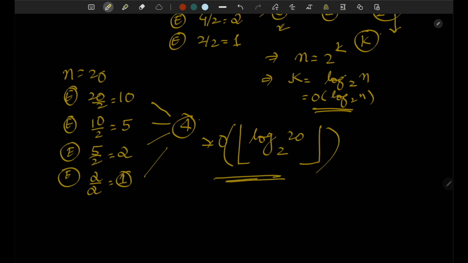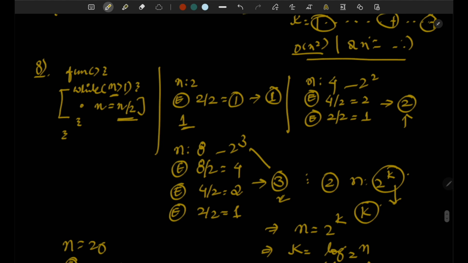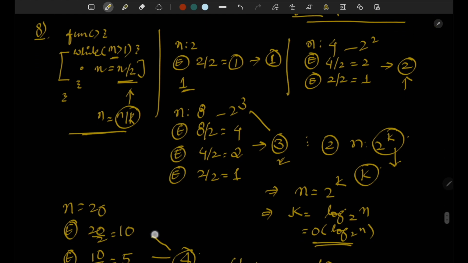So are we seeing any pattern here? Well, the pattern is that since we are dividing by 2, we are having this log of n to the base 2. What if we were dividing it by, let's say, k? Then what happens in that case? Well, in that case, we could say that log of n to the base k of floor